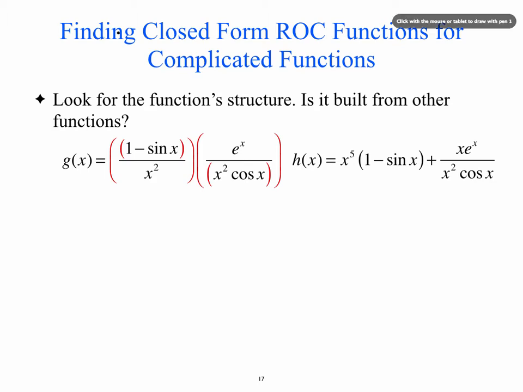So remember that we have here a product, right? G is the product of this first function times the second function. So the rate of change is going to be the first times the rate of change of the second, okay? And so in order to find the rate of change of this function, what do I need to do? All right, so this is a quotient, and so I need to use the quotient rule, which says low